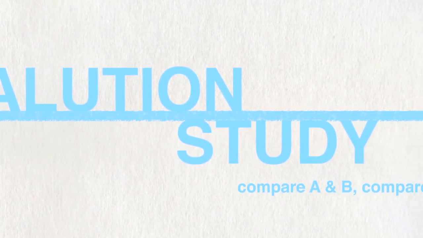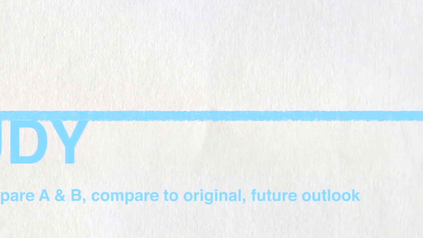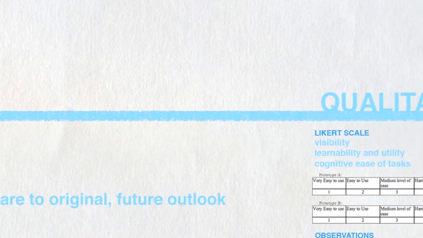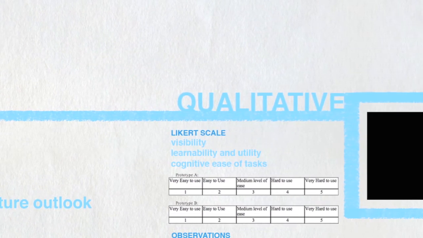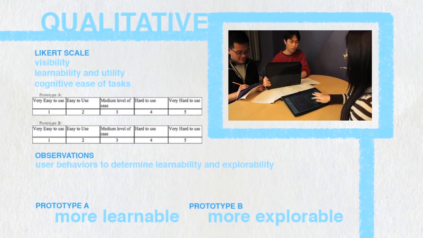We conducted a usability study to determine the best features of prototypes A and B and compare them to the original design to evaluate future direction. We constructed a complete set of tasks to measure play, recording, and editing capabilities. We collected qualitative data regarding the visibility, learnability, and cognitive ease of those tasks, and our users showed that Prototype A was more learnable because the sequence told you where to go, and B was more explorable as the parallel